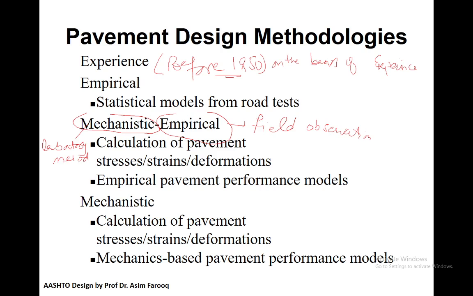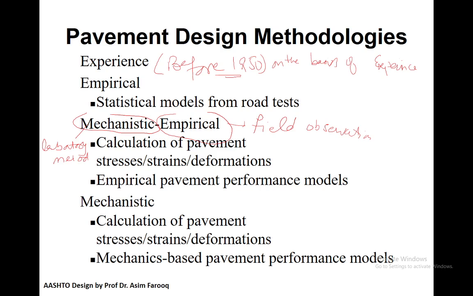But researchers also assume that the mechanistic-empirical model functions more accurately as compared to if we only use the empirical or experience method. The mechanistic-empirical method, also called the ME method, is also used to determine the different types of stresses as well. And then the last one, we have the mechanistic, where we base the whole model on the stresses,